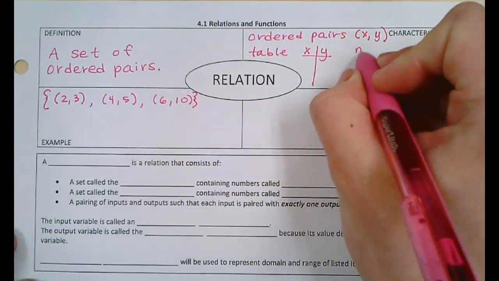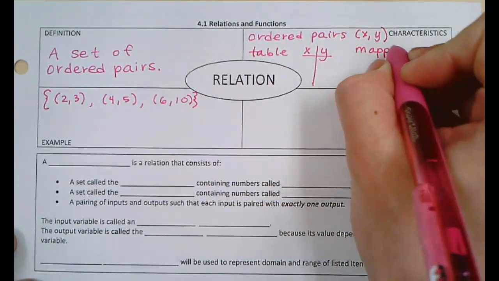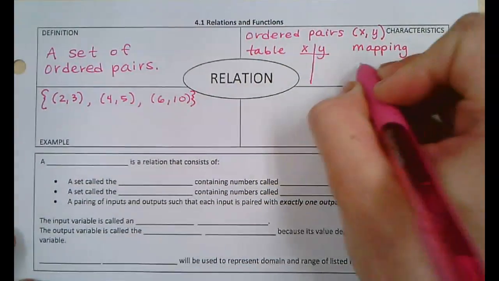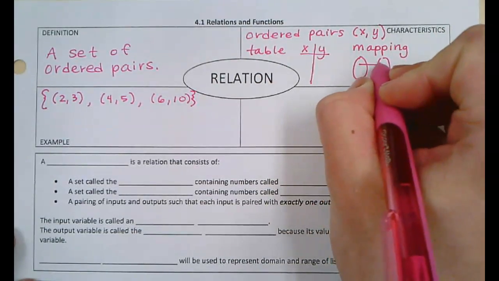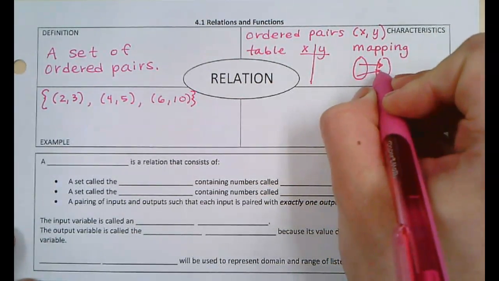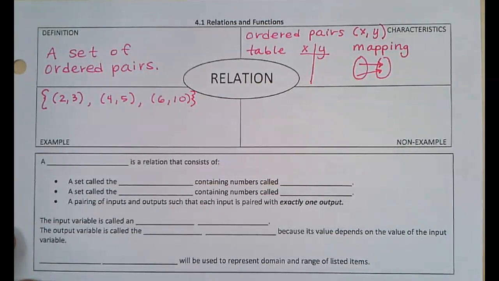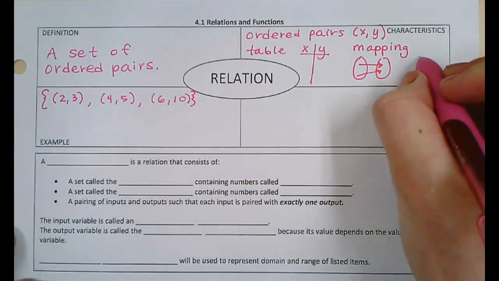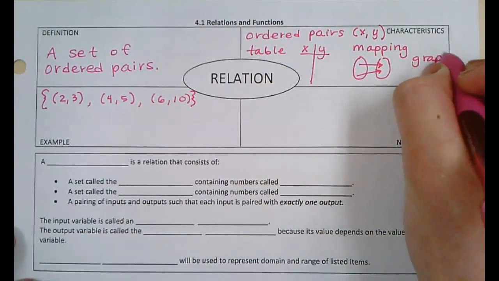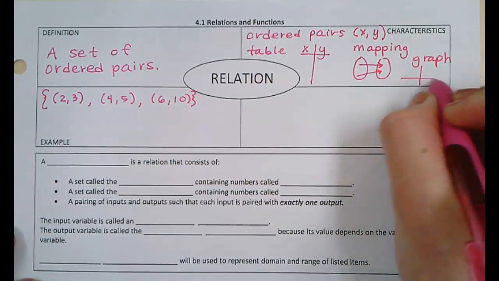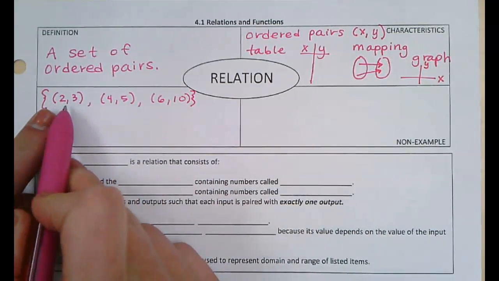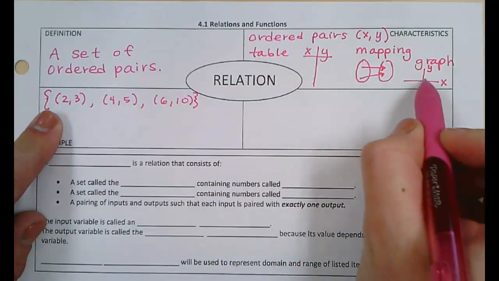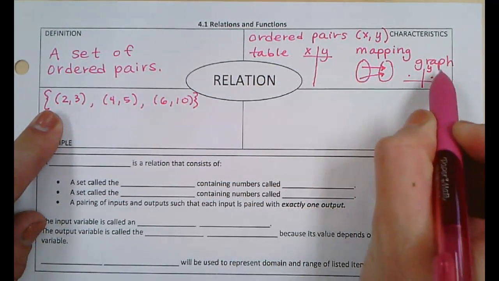We could see them as a mapping, having these little circles here, mapping our X values to our Y values, however they're mapped out. The last one we could see is a graph. Given our x-axis and our y-axis, these points would be graphed on the